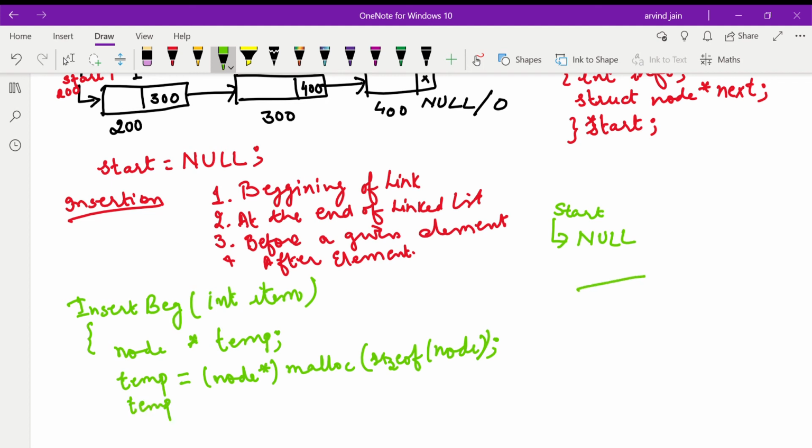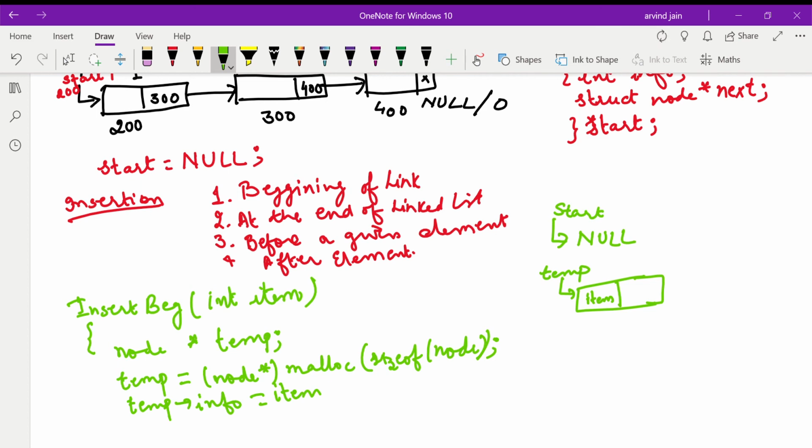Now with this you have allocated a temporary memory location, temp, which is of type node, so it contains two parts, and the initial address of this block is stored in the variable temp. Now in this we store temp info, item. Now we have to update the pointers of the linked list so that temp becomes the first node in the linked list.